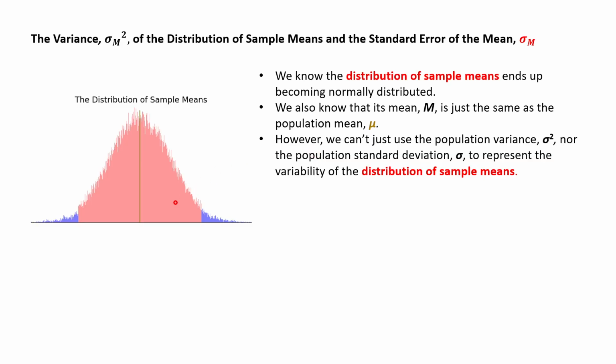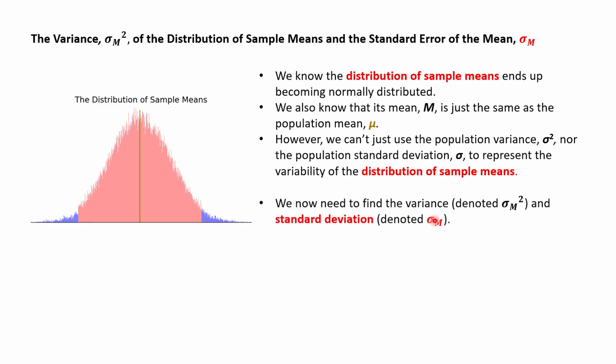However, we cannot just use the variance in our gold population distribution, sigma squared, nor the population standard deviation, sigma, to represent the variability of the distribution of sample means. So we now need to find the variance, denoted sigma with a little subscript m pertaining to the distribution of sample means, and superscript 2 indicating that it is squared, so it is a variance statistic, and the standard deviation, which is denoted sigma, again with that little subscript denoting that it pertains to the distribution